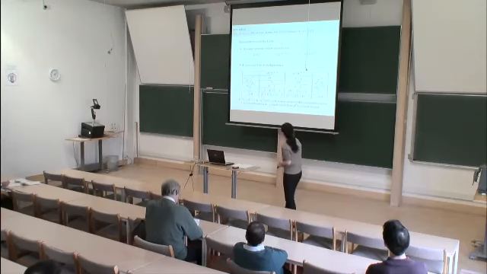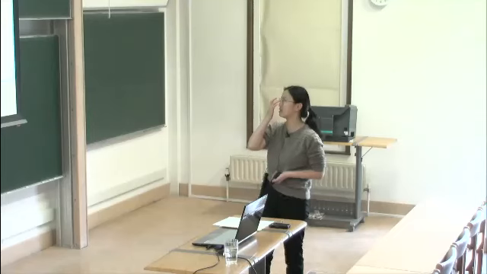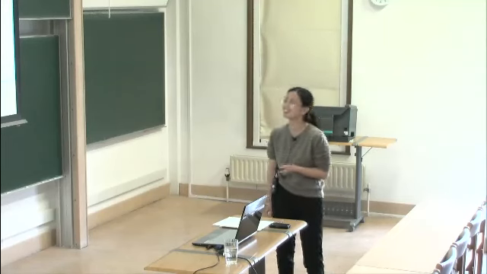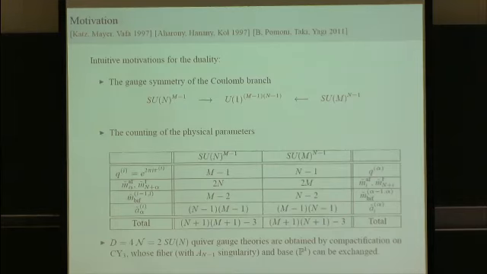So the motivation for this duality is that we are staying on the Coulomb branch for the entire talk. The gauge symmetry in the Coulomb branch is broken from SU(N) to actually U(1), and it's the same gauge group, if you like, in low energies, both on this side and on the dual side. So this is the first thing you would see: the gauge symmetry is the same. Next, we could count the number of physical parameters for the two series to see whether a map could be written down between the two.